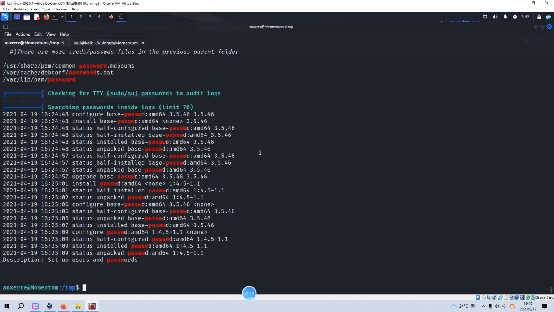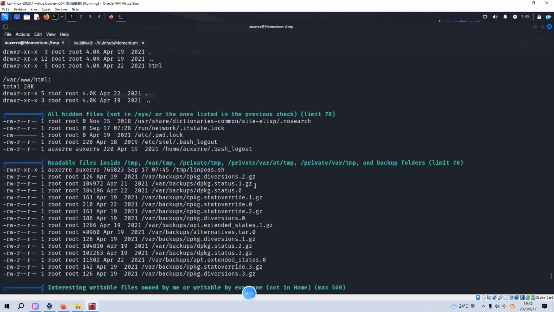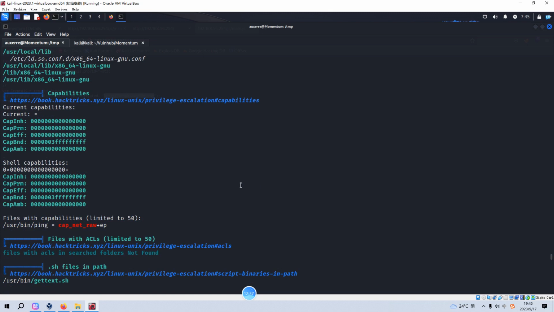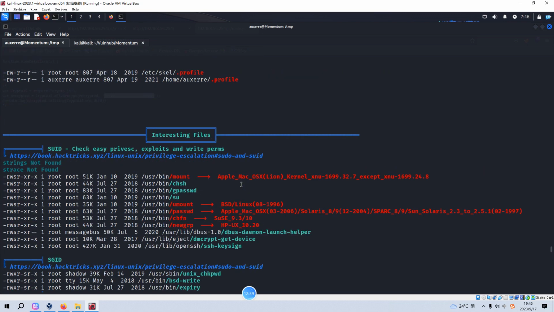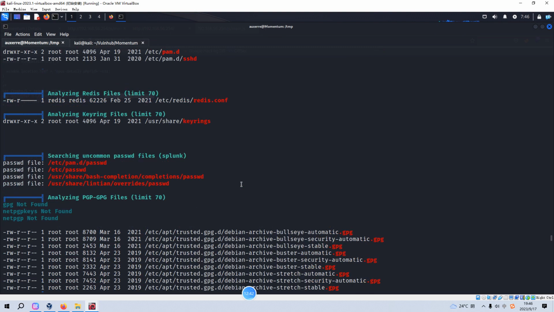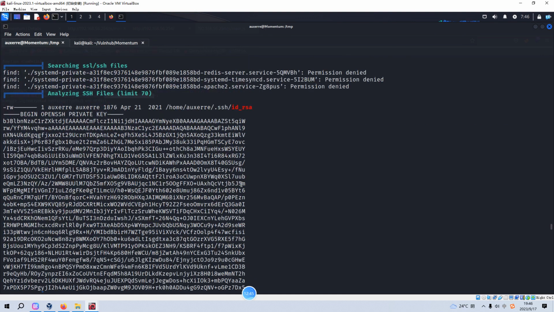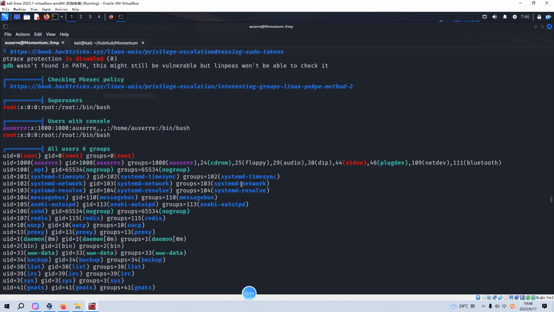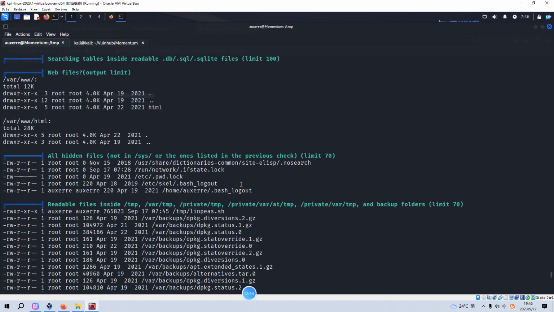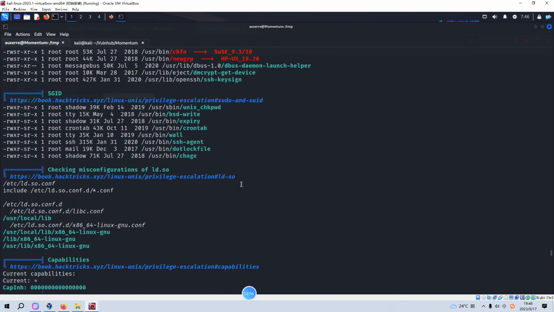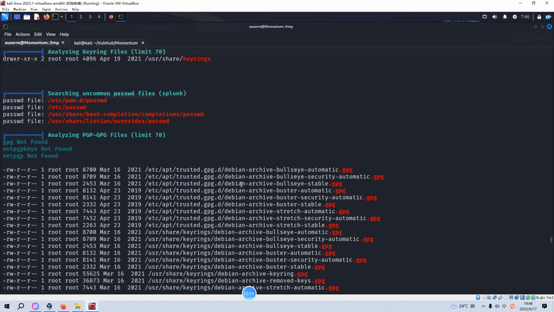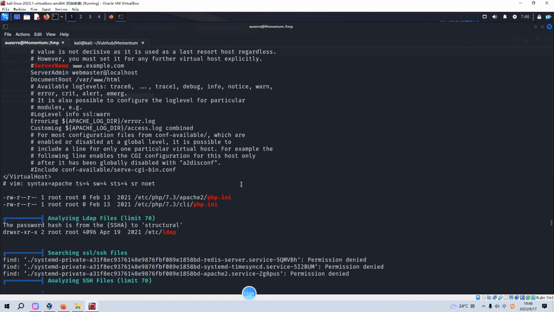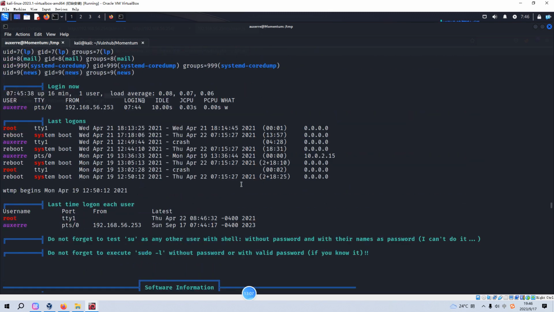So, but to be honest, the linpeas shell script didn't give us any hints or any useful information on how to elevate our privilege. As we scroll up all the way to the top, yeah, nothing there. But yeah, wait a moment. Although nothing is highlighted in red or yellow color,